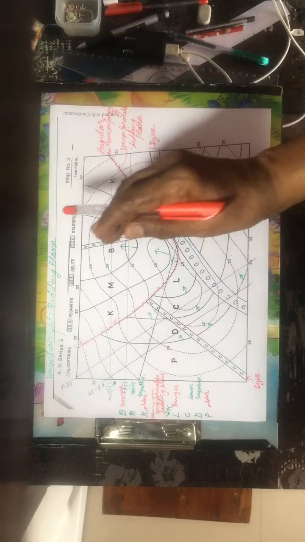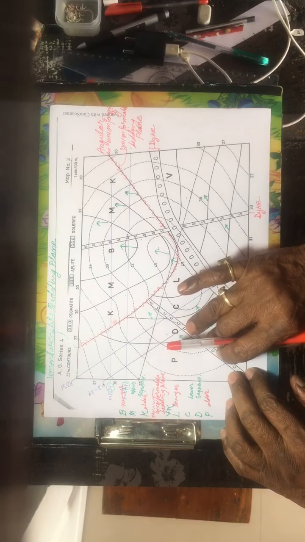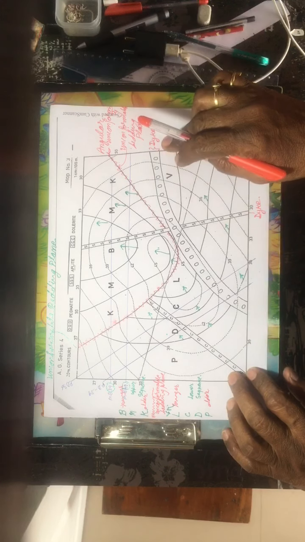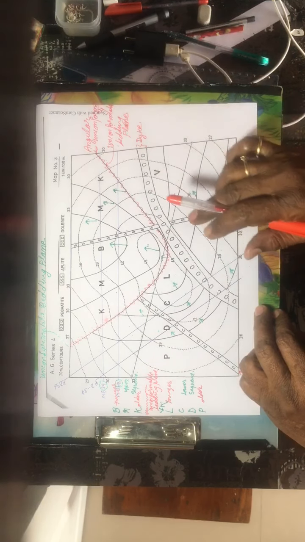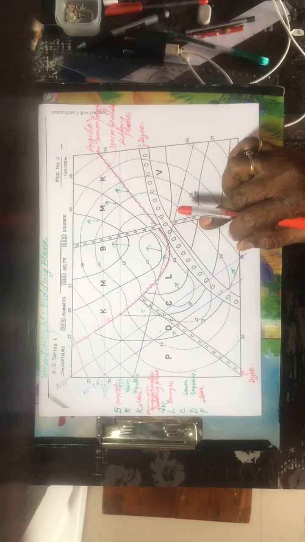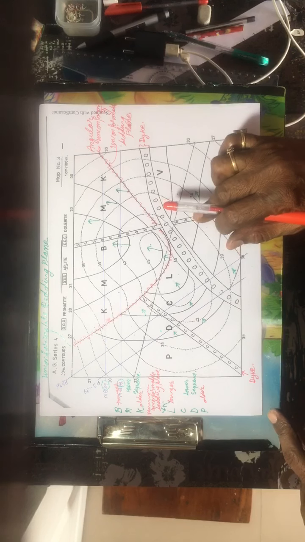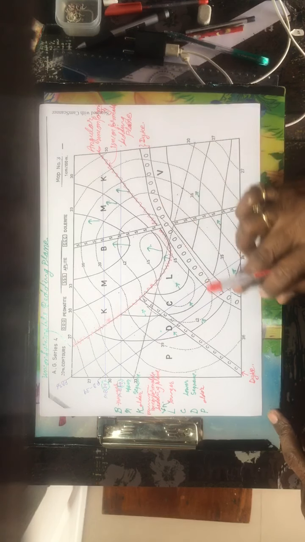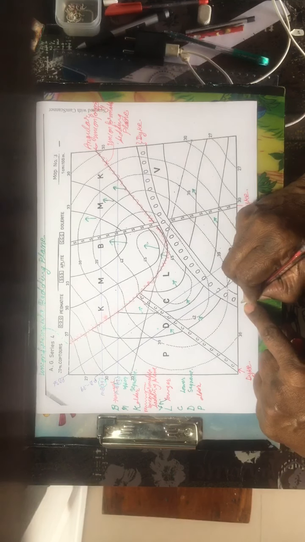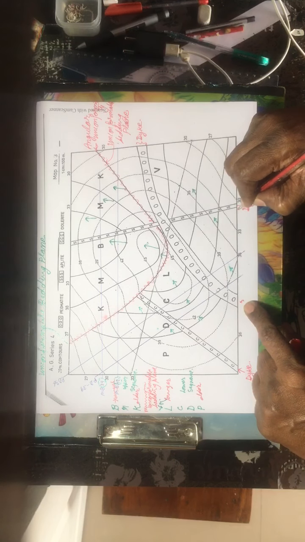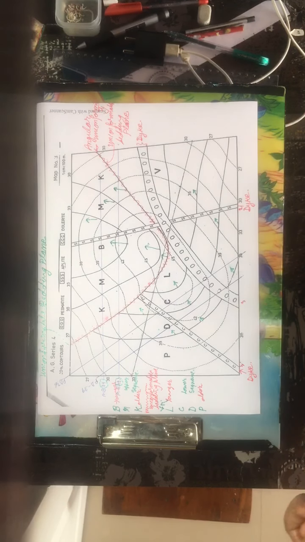After development of the second dike as well as the first dike, this third dike took place, because this dike intersects the earlier dike, and this dike intersects this one. So the first dike took place first, the second dike took place next, and then there is the third dike. This is the sequence of the dikes: this is the third dike, this is the second dike, and this is the first dike.